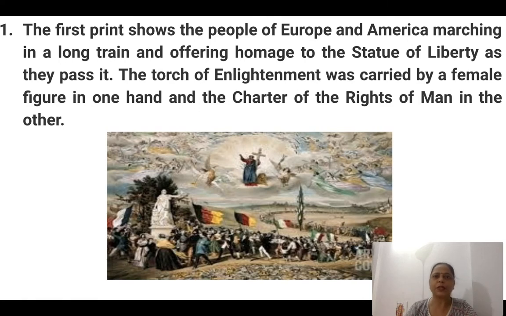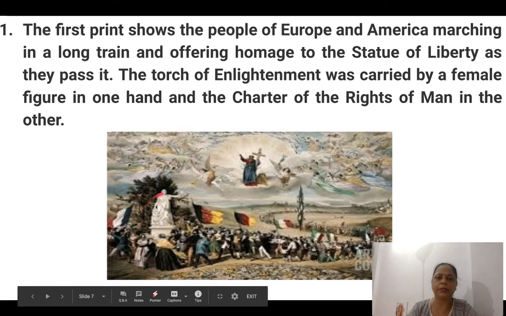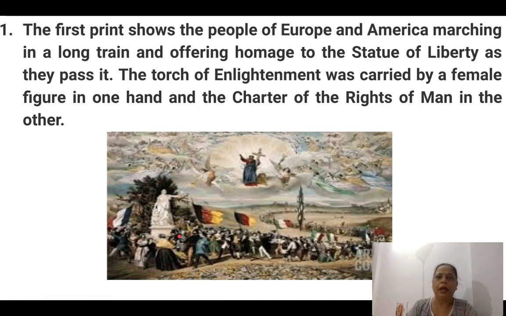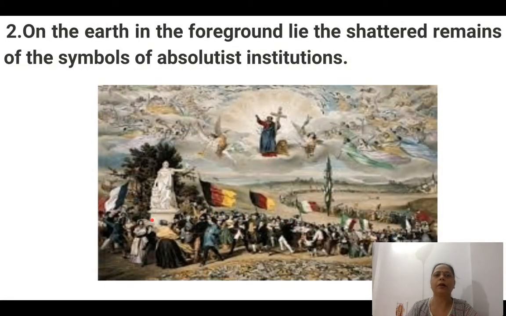And this first print shows the people of Europe and America marching in a long train and offering homage to the Statue of Liberty. You can see here, this is the Statue of Liberty. She is carrying the torch of enlightenment in one hand, a female figure, and the Charter of Rights of Man in the other. This was the time when the concept of rights of man, rights of human beings came